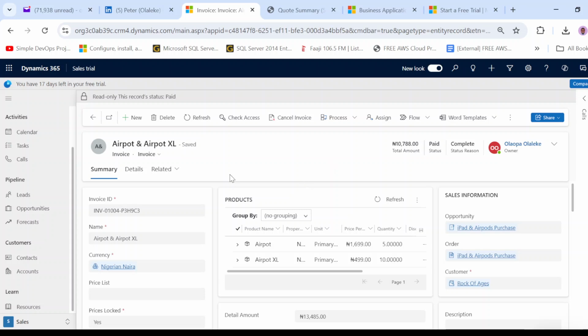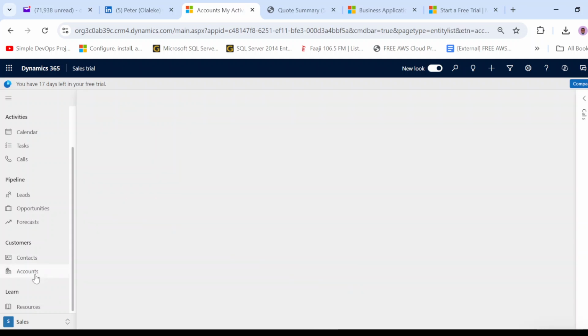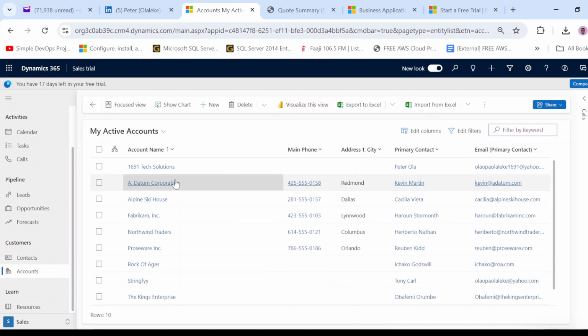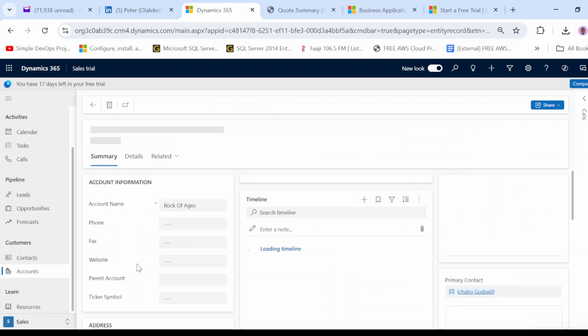Now, since we have converted that lead to an opportunity, right, Dynamics has already created that particular lead as a customer, since it's already an opportunity. That is even before we got to the quotes and the invoice, or the order stage and the invoice stage. So if we go to accounts now, we should see Rock of Ages appearing in the list of accounts, and we should see that a contact in Rock of Ages is actually Ichako. So when I scroll down to Rock of Ages right here and I open it,